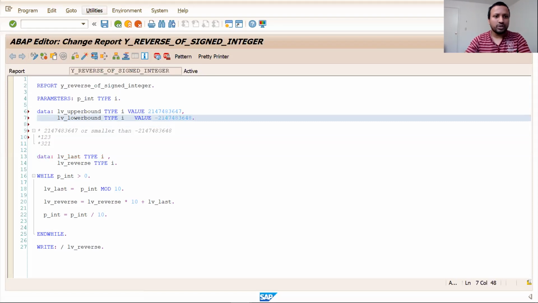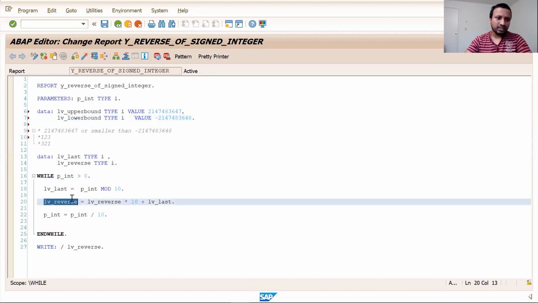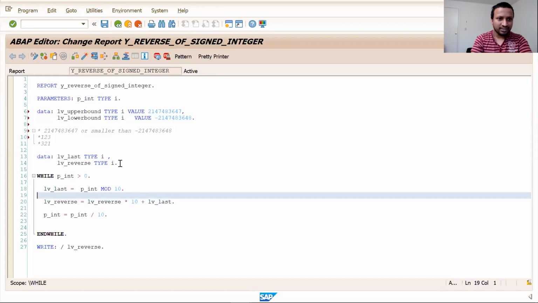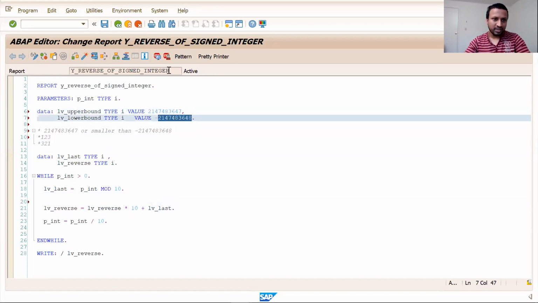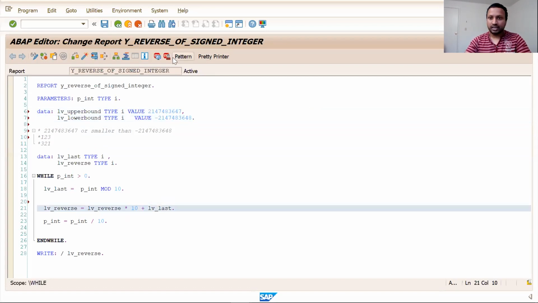You need to have a conditional, because the issue we are facing right now is in LV_reverse. If the reverse of a number is more than this or less than this, the system results in a dump.